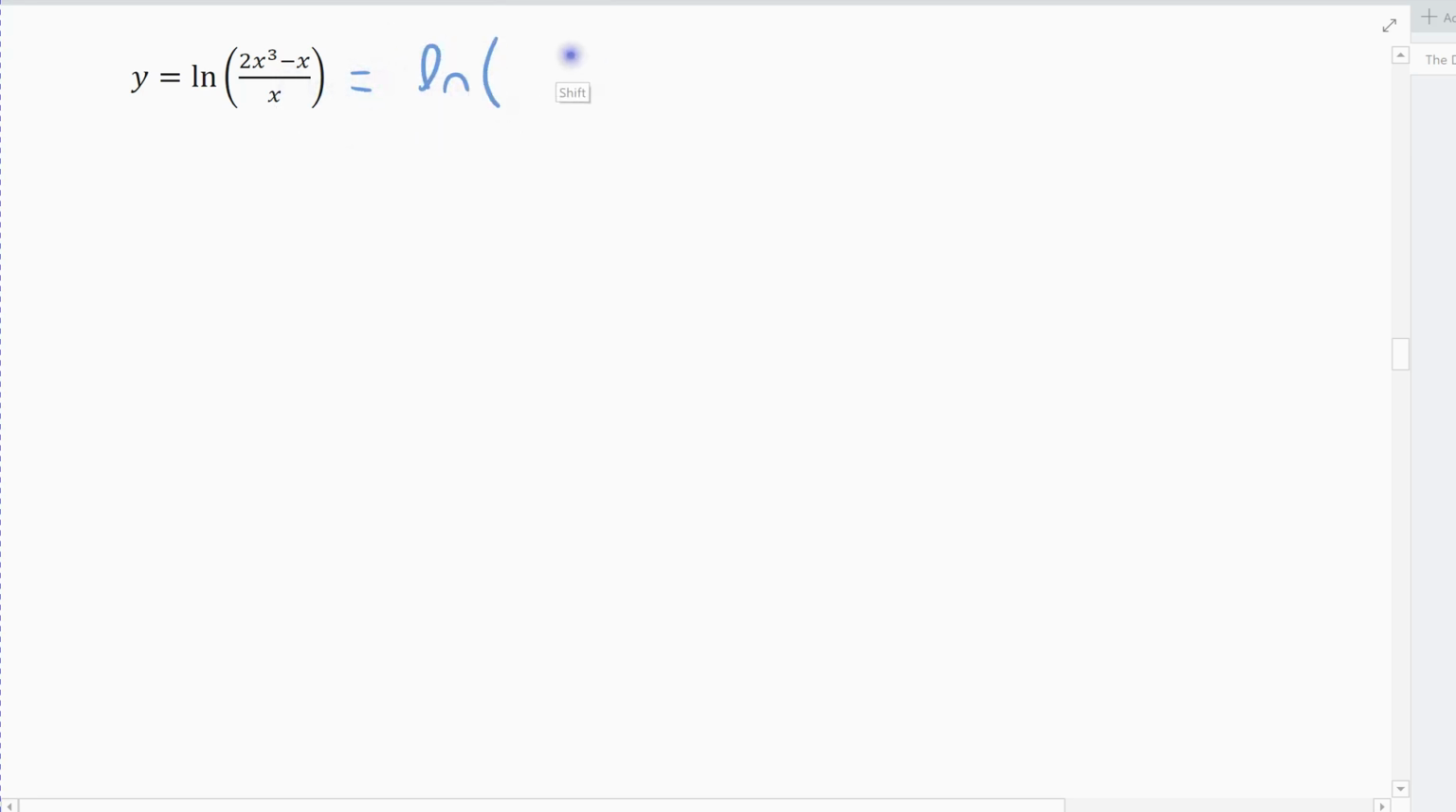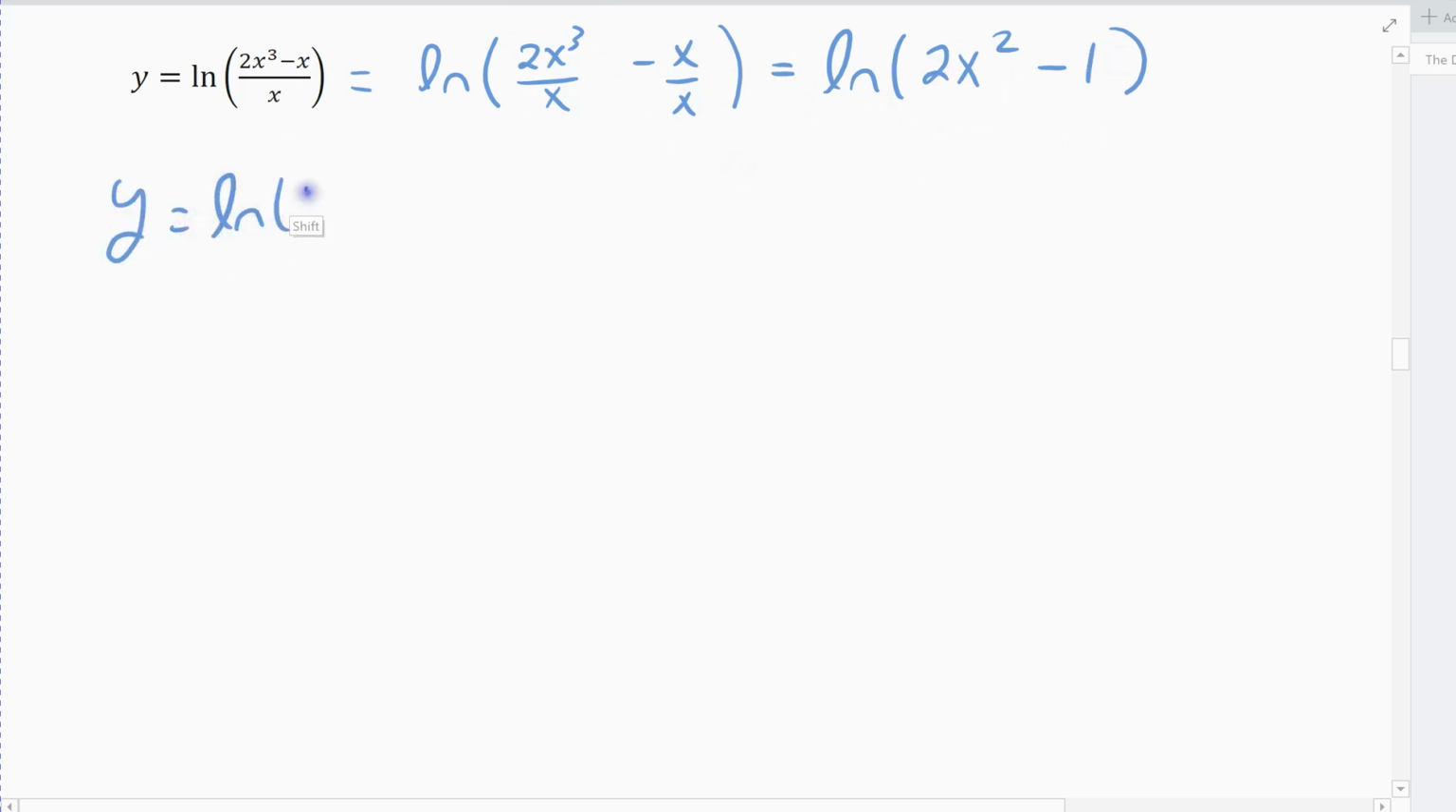I can rewrite the big fraction as 2 little fractions, right? 2x cubed divided by x minus x divided by x. And then simplify. Natural log of 2x to the second minus 1, right? 2x cubed, the x is reduced down to x squared, and then x divided by x is just 1. And so I simplified inside